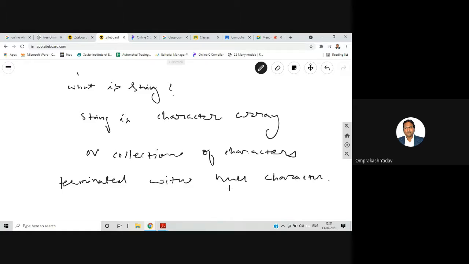What is that null character? This null character is nothing but this: backslash zero. This is called the null character.